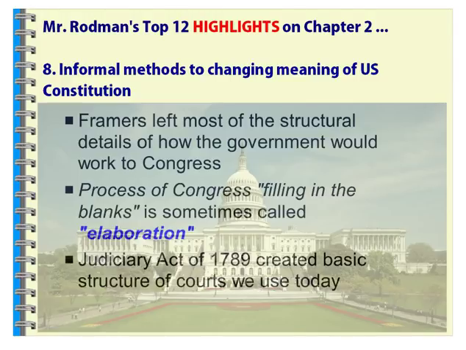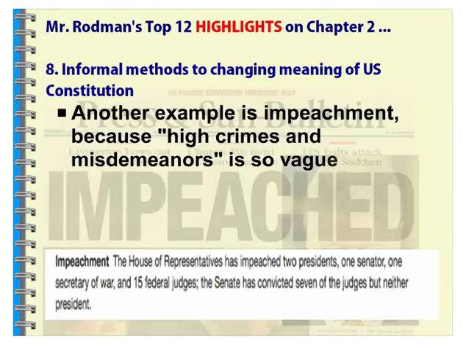The Judiciary Act of 1789 is a great example of this. They basically set up the court system that beneath the Supreme Court is what we still use today. It's the basic structure there. But elaboration is kind of what the founders and framers looked at in terms of letting Congress kind of fill in those gaps and really kind of take the meaning of the Constitution and take it to the next step. One of these, in terms of the role here, would be impeachment.